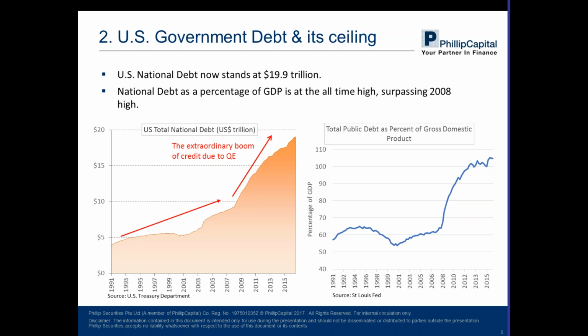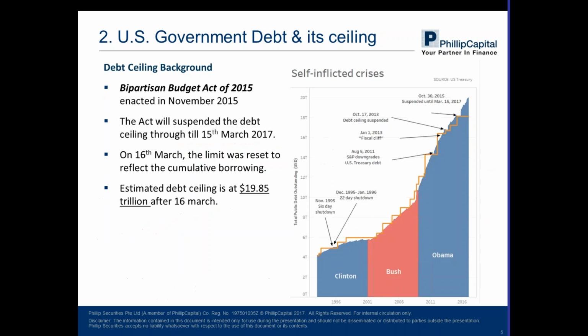And in terms of debt per GDP, on the right-hand side of the chart, it shows you everything that we need to see. It's actually more than 100% now, and it has been going up ever higher, reaching an all-time high. So this is actually a very worrying sign. I mean, if the US doesn't default, then that's fine. But the US government itself is now one of the largest credit holders within the nation.